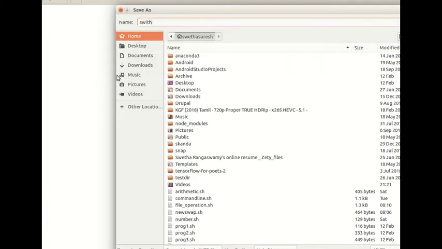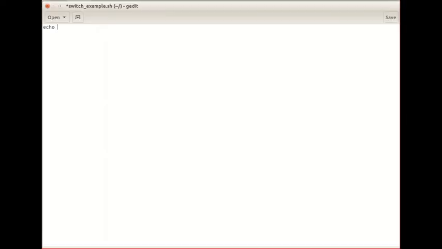Now let us demonstrate the same with an example. Let us create a file with a .sh extension. First, let us create a menu which helps the user to know the available options. This is created by a simple echo statement. In this example, the options which we are giving are 1, apple and animal.